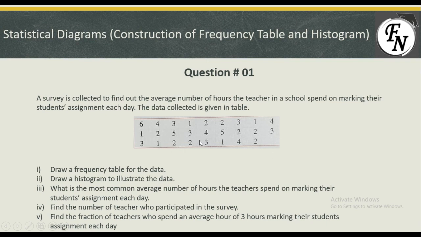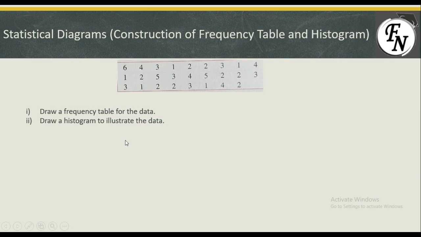So all the values are gathered here, and this is known as the raw data. As the numbers are just randomly filled in here, it is known as raw data, and then we need to convert this raw data into a frequency table. After that, we can draw a histogram with the help of the frequency table. After that, we can answer all the questions stated to us with the help of that frequency table and histogram. So firstly we will make this histogram and frequency table.